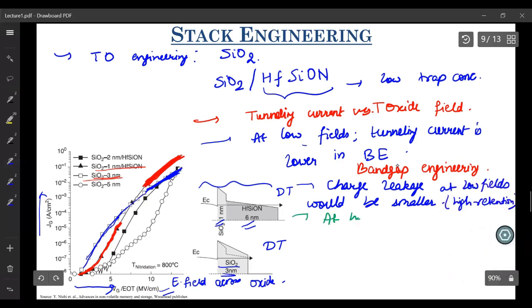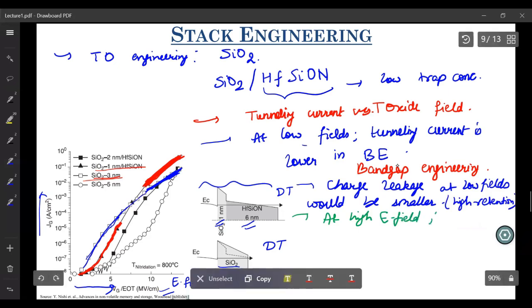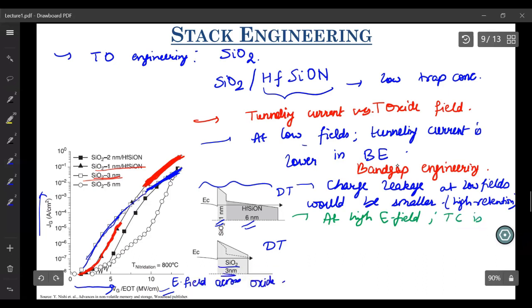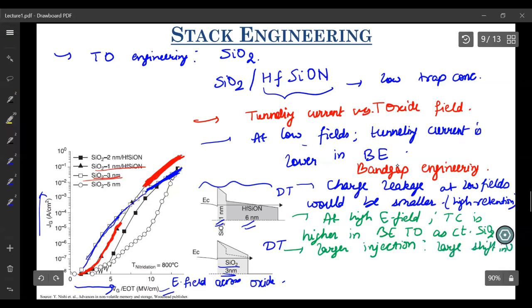So at high electric field, where you program it, tunneling current is higher in the band gap engineered tunneling oxide as compared to your SiO2. So what this means? A higher tunneling current means larger injection of charges. So larger injection, that amounts to larger shift in VT. And a larger shift in VT, what that leads to is higher sense margin,